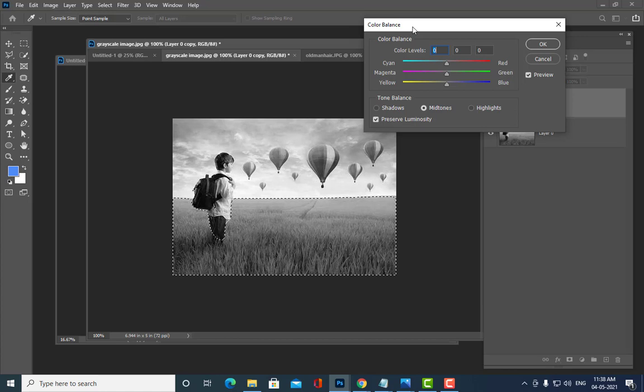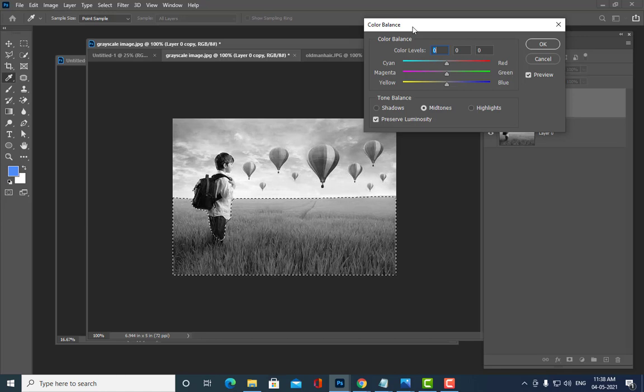See, it is not compulsory to use only adjustments or only blending modes. You can use a combination of both blending modes and adjustments. For example, if you want to colorize the balloons, you don't have to use Color Balance. You can use blending modes. So in that way, you have to decide which is the right option. You don't have to use only blending modes or only Color Balance. You can use a combination of both the things.